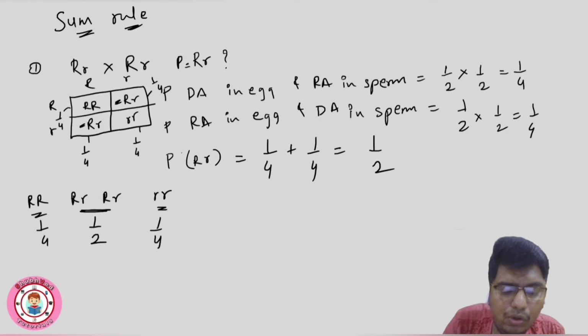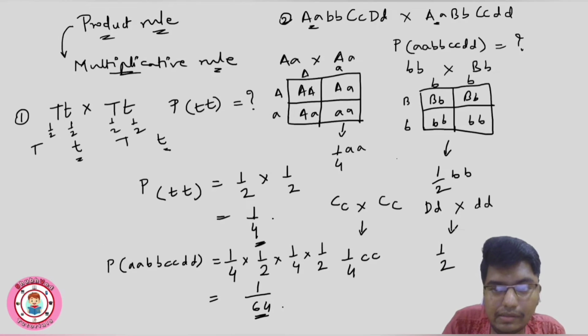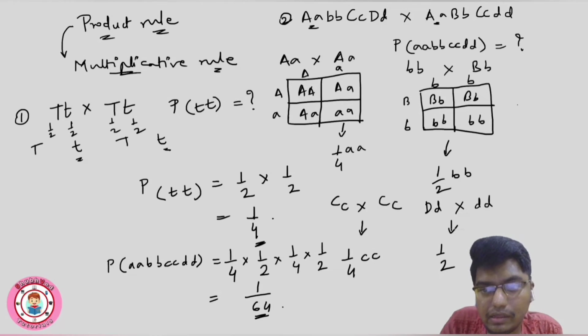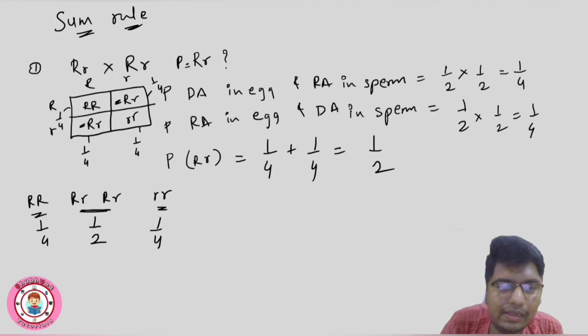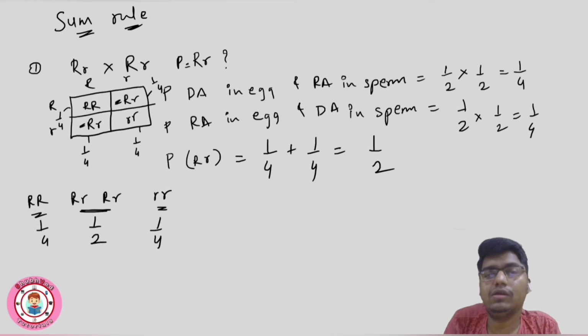Suppose when we draw, we saw in the last slide. See this. So in this we can see this is half and this is half. As they are same, heterozygous and homozygous recessive. Likewise, the heterozygous probability is 1 upon 4 plus 1 upon 4 is equal to 1 upon 2. So now next sum. Next sum.